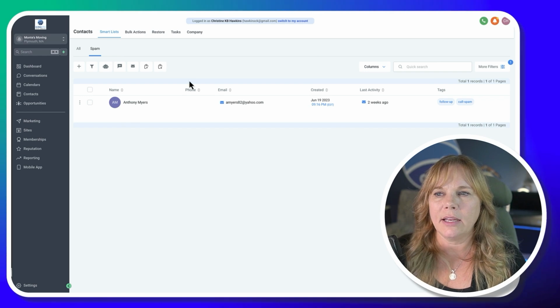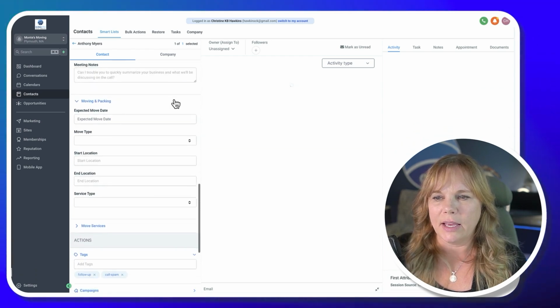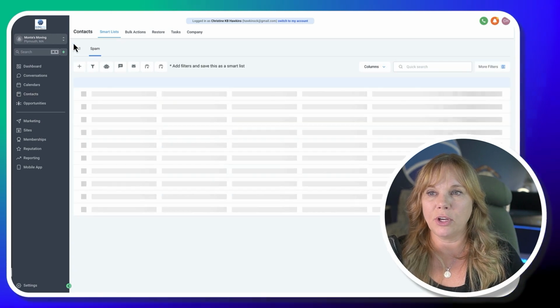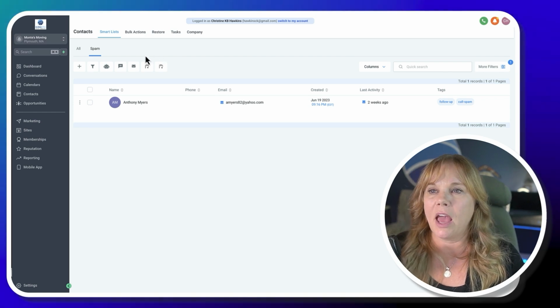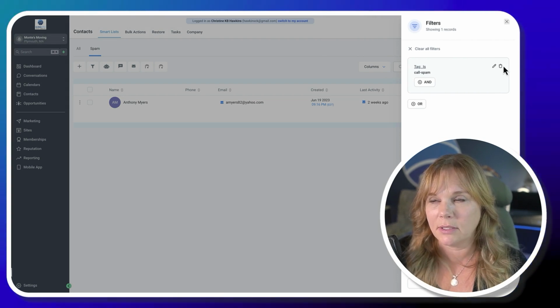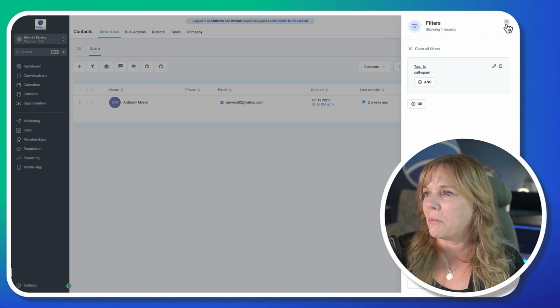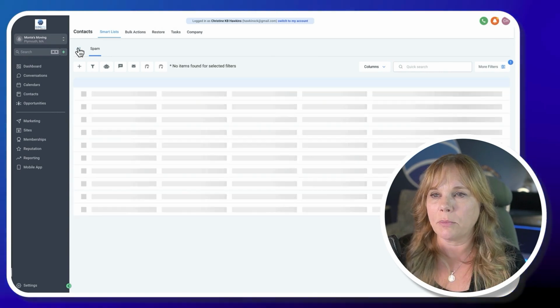Or inside here, you can scroll down to the very bottom and add that specific tag. So just so you know, anything that's up on top here are called smart lists, and they are based on filters. You can create your own smart list. For example, I'm in a smart list, so it's already showing me the filter of that smart list.